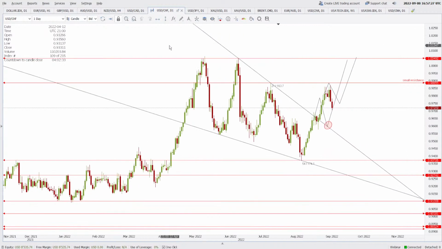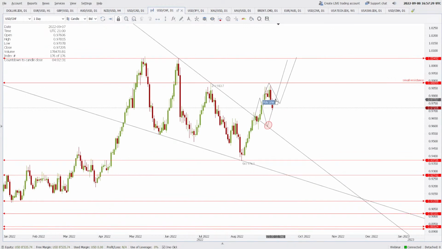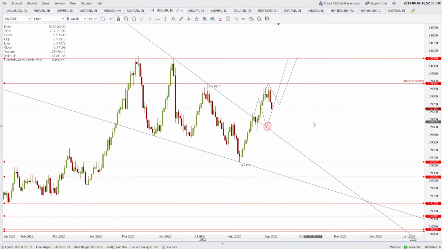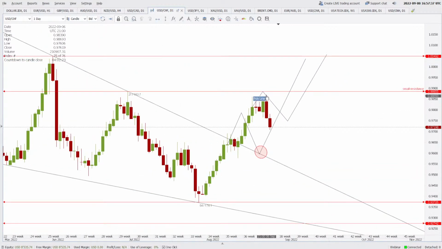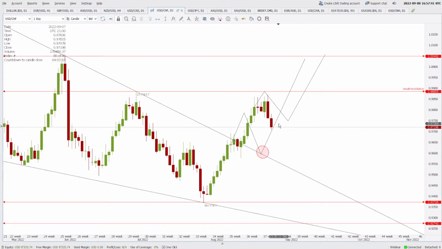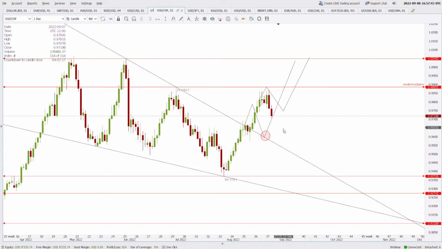USD CHF, Swiss franc started falling already. US dollar is weak now against the Swiss franc. We can make it out from the dollar index itself. And also notice that yesterday was a bearish engulfing at the resistance zone. Bearish engulfing, and there is a follow up. That means the price is going to find some support at the lower levels.